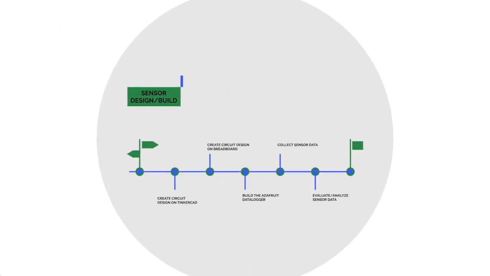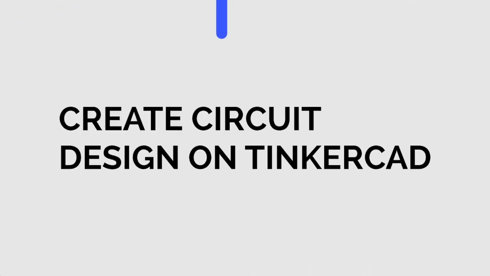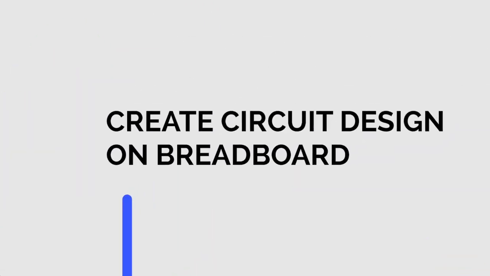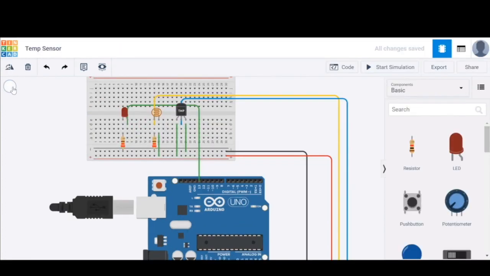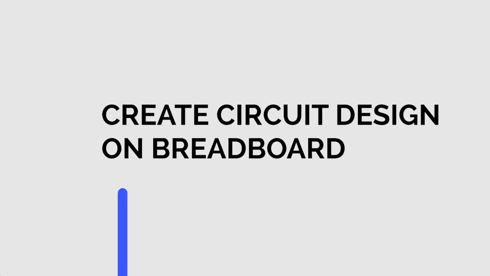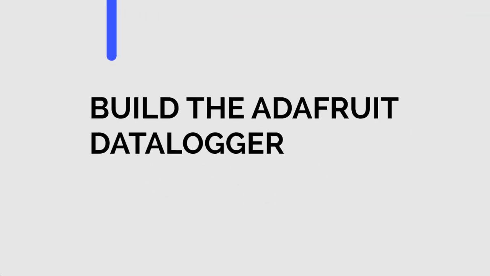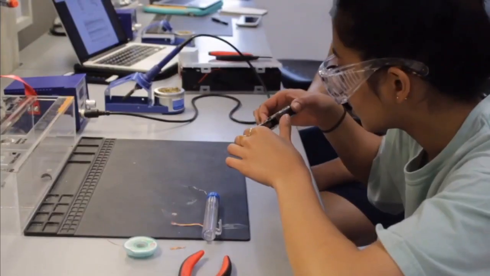First, we designed the light and temperature sensor circuits on Tinkercad. Then, we implemented the circuit we designed onto a breadboard. Creating the circuits on these 2 mediums made it easy to correct any mistakes and allowed us to easily manipulate our sensor. Once the circuit design was finalized, we soldered the Adafruit data logger onto the Arduino, following the design